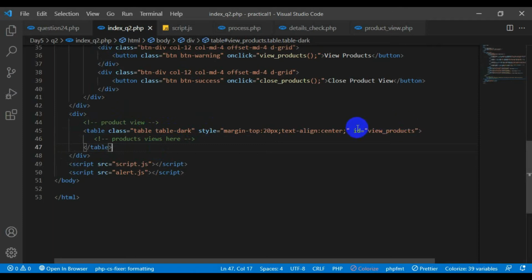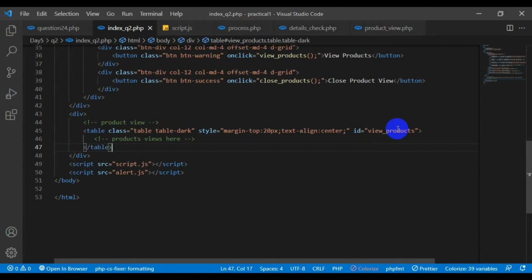I gave an ID to this table here which says view products, and using that ID this table is located, and using Ajax I inserted the table details which are stored in a separate file. What I did was I sent a message to that file and got the text from that relevant file.